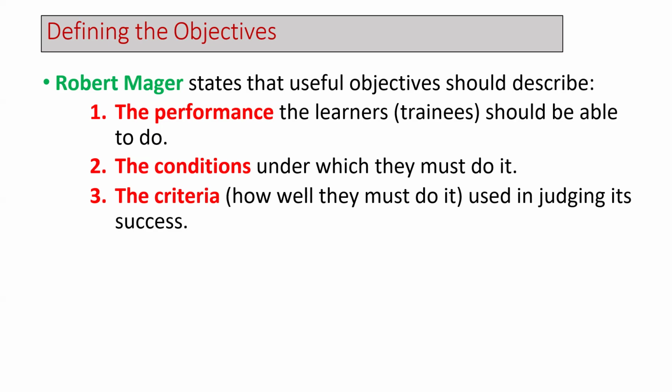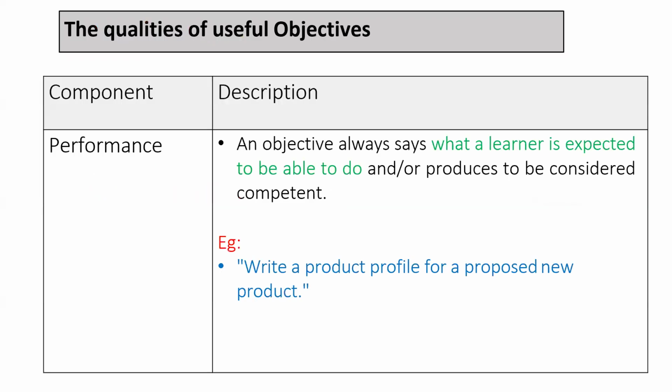So the performance outcome needs to be reflected in an objective. Then the conditions under which that performance needs to be done, and the criteria: how well they must do it, used in judging its success. Simply, how well those areas need to be touched when developing an HRD objective,